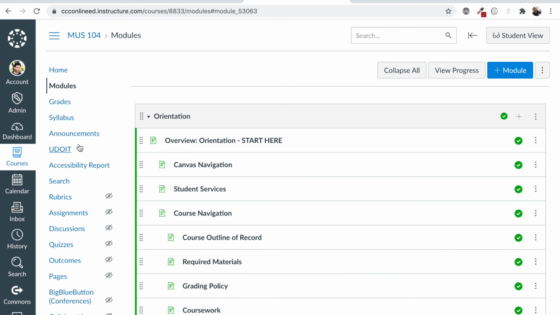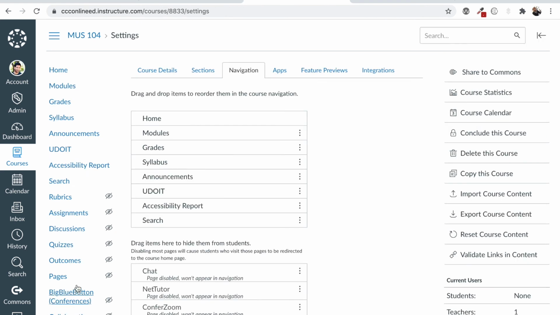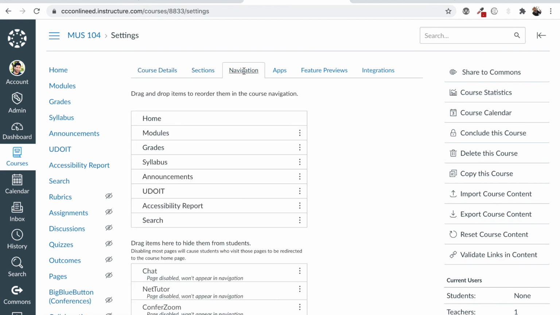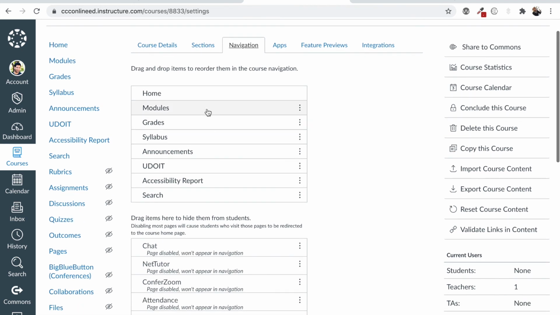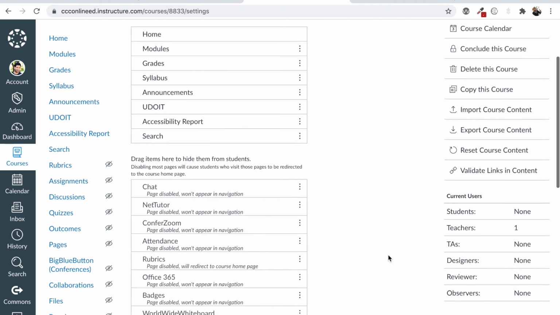One last thing I wanted to show you is to go to the settings, and it probably will default to course details, but locate and select the navigation tab. And this is where you can add items in your course navigation menu, like I talked about at the beginning of the video.